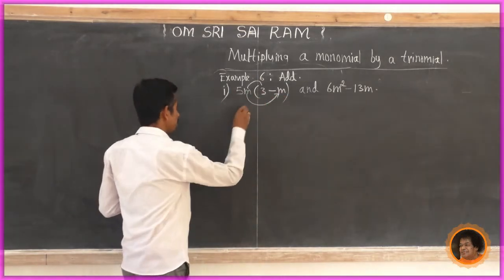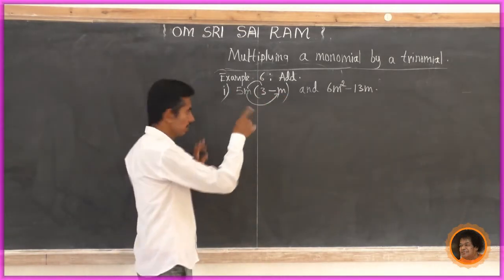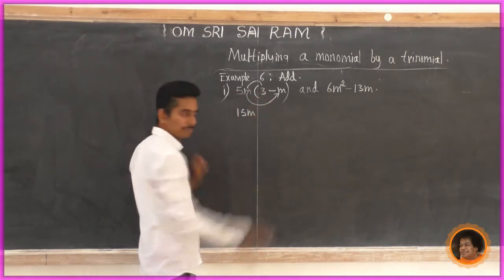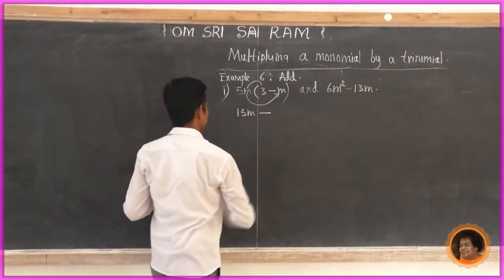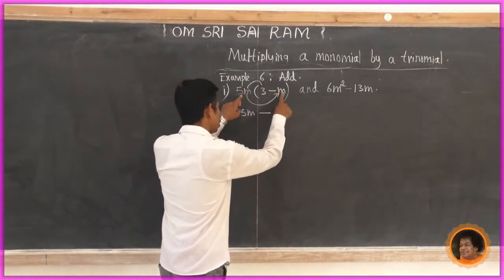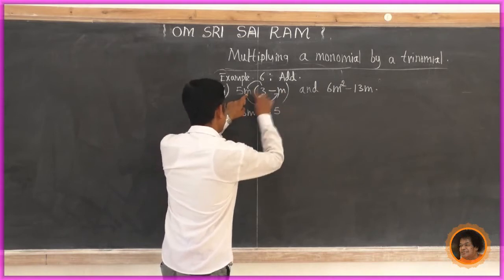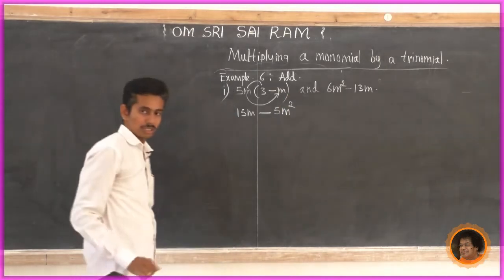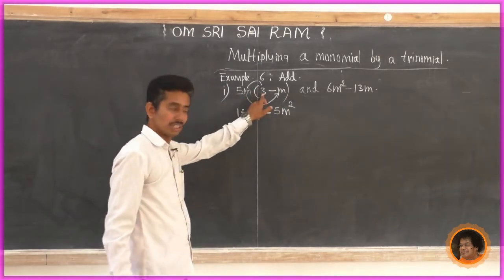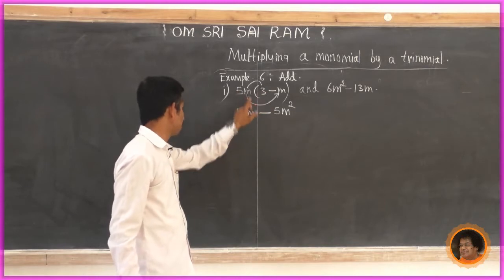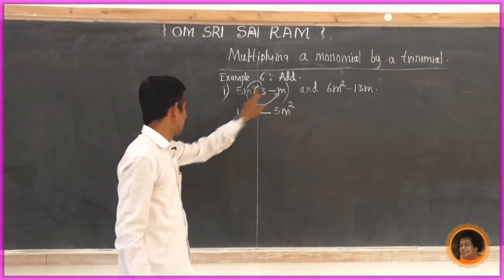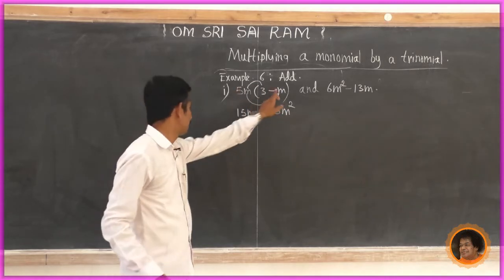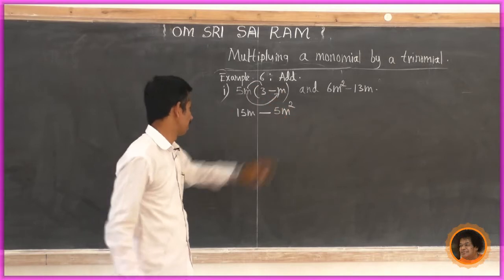What do you get? 5m into 3, 5 into 3 is 15, then 15 into m is 15m. Minus, because of the minus sign, 5m into m. m to the power 1, m to the power 1, it is m squared, 5m squared. Just check that. 5m into 3, 3 into 5, 15. 15 into m, 15m. Minus 5 into 1, m means 1m. So 5 into 1, 5. m into m, m squared. And